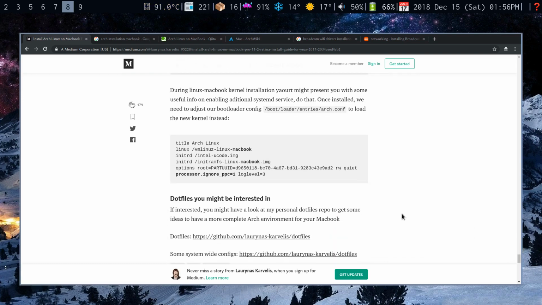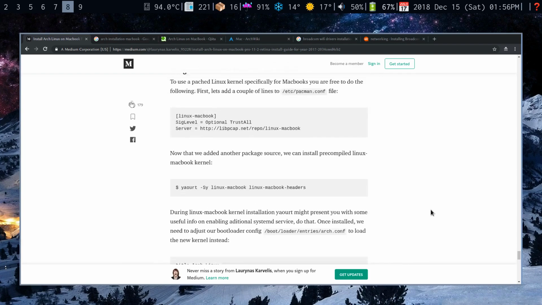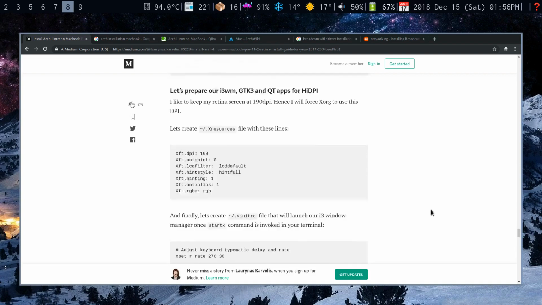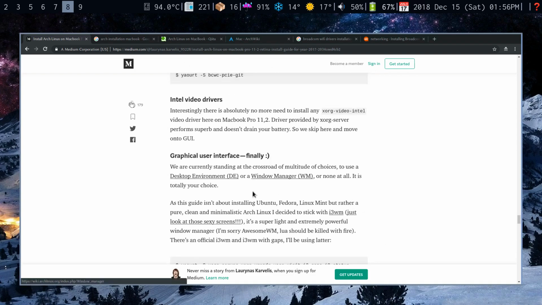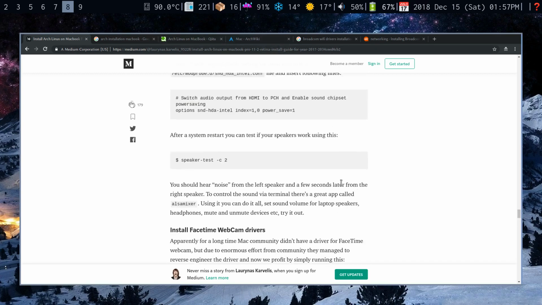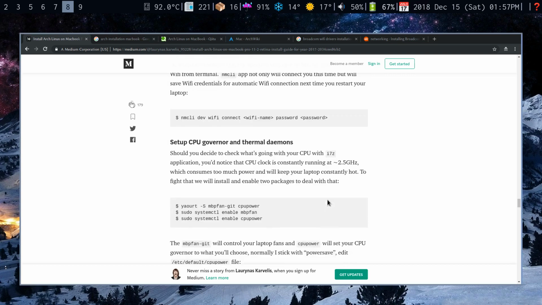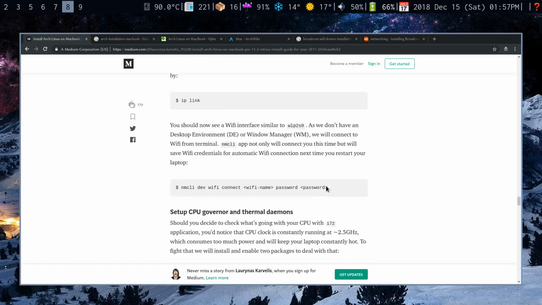And where were we? So the boot loading. Let me find the boot loading part. This was a more informative guide, by the way. So the Arch Wiki installation instructions, they kind of assume that you know what you're doing. So they don't provide a lot of detailed information. Well, look at it. There is a lot of information, but